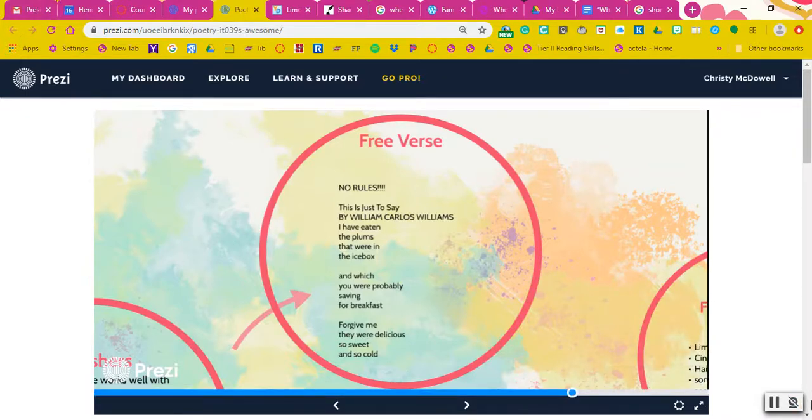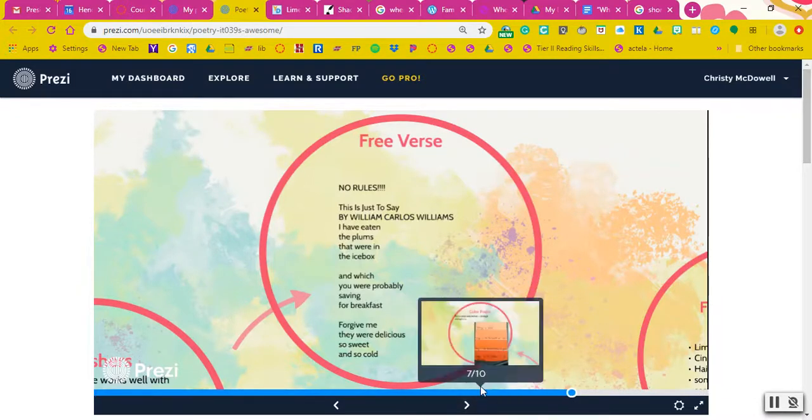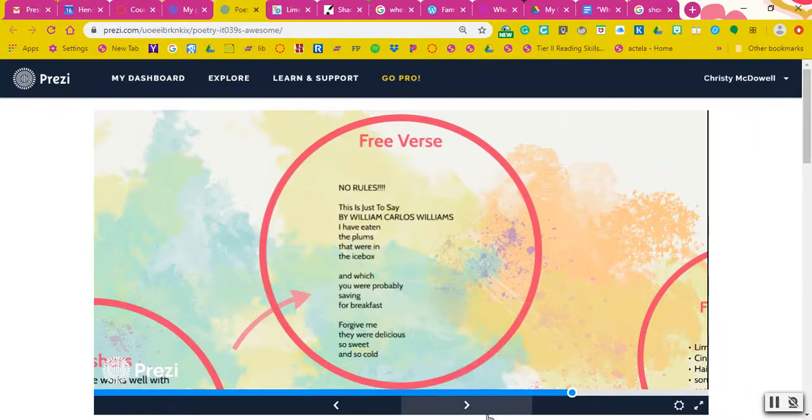And I just love this poem because it's so simple, but yet it really strikes me. I can envision the plums, I can envision the angry spouse. It's like, man, that was my plum I was going to eat for breakfast. I don't know, it's just my favorite poem ever.